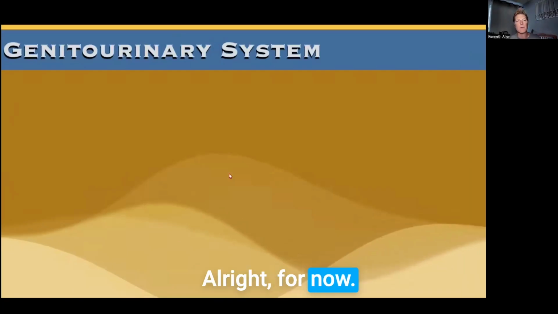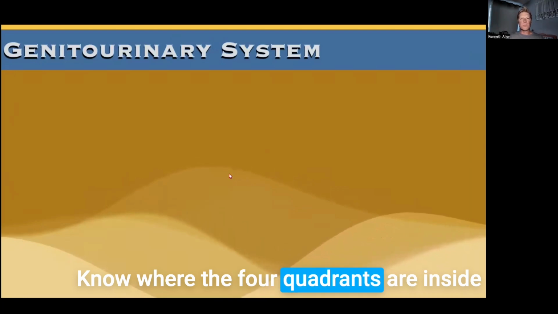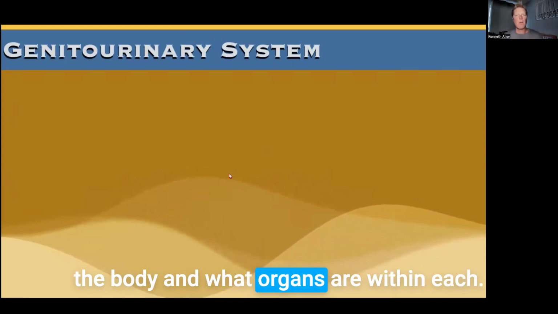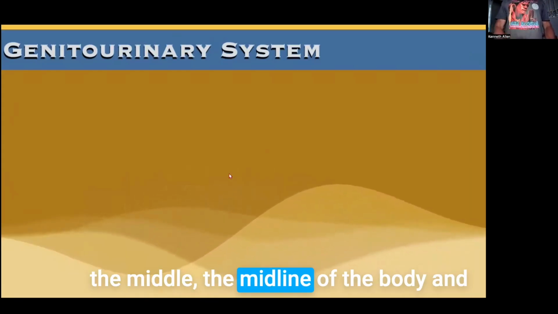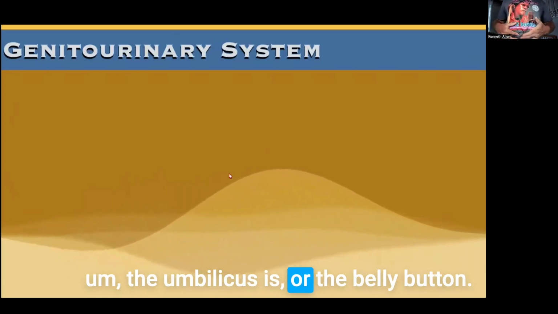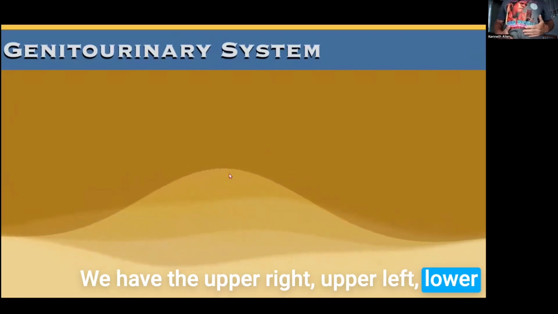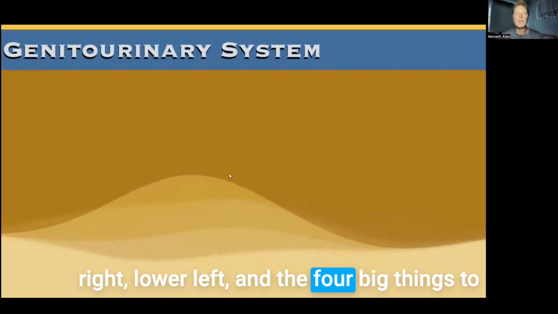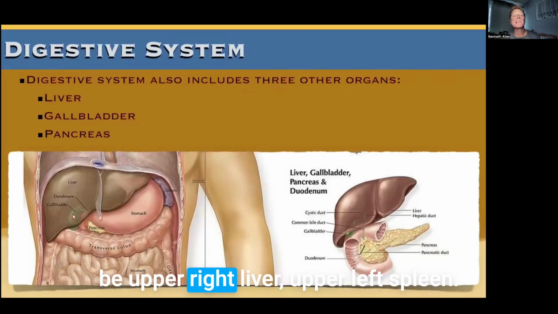All right. For now, the digestive system, know where the 4 quadrants are inside the body and what organs are within each. If I were to show you, we're looking down the middle, the midline of the body, and across where the umbilical cord, the umbilicus is, or the belly button. We have the upper right, upper left, lower right, lower left. And the 4 big things to be concerned with in those spots would be upper right, liver, upper left, spleen,